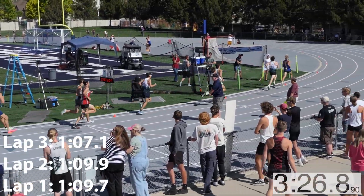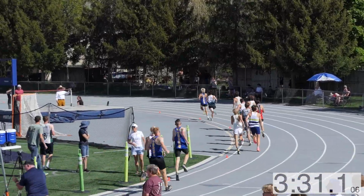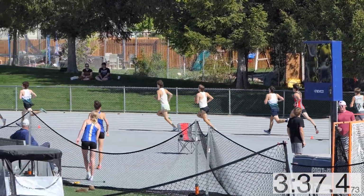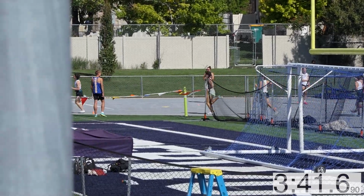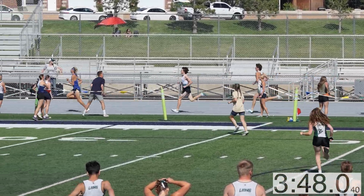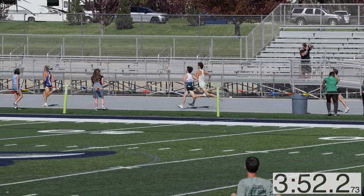They're coming through a 4:25. That is a 67 lap. Now the action is really going to start happening. This is the final lap. These guys are going to the arms, trying to keep that form good. Minimize ground contact time as they shift gear into more of a speed versus the distance and conserving the